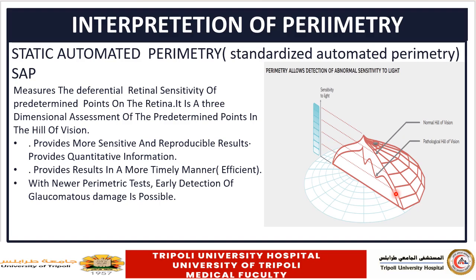So static automated perimetry gives both a quantitative and a qualitative assessment of the field of vision. Quantitative in terms of numbers, that we give numbers for each point in the retina and the corresponding retinal sensitivity. And a qualitative assessment gives general information on the overall sensitivity of the retina, as we can see, and we will discuss later in the